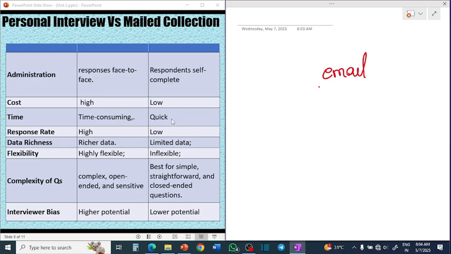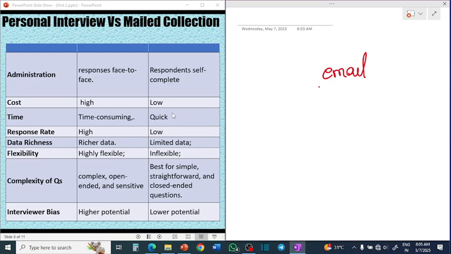If we see that we go to a particular person and ask them some questions, they are more attentive to give that answer. So they look forward to give that answer. But in mail collection, as you can see, we receive many mails, and it is very usual that we ignore many mails. So the response rate is low.